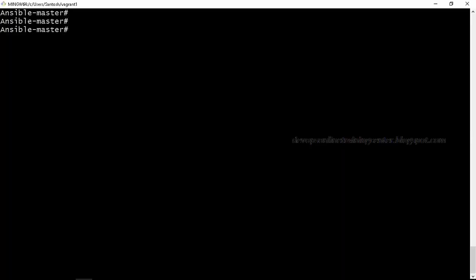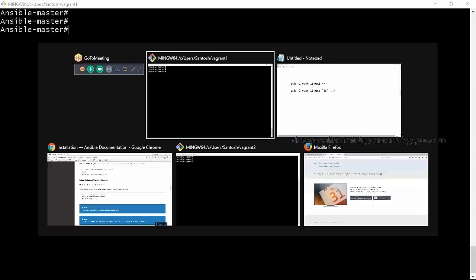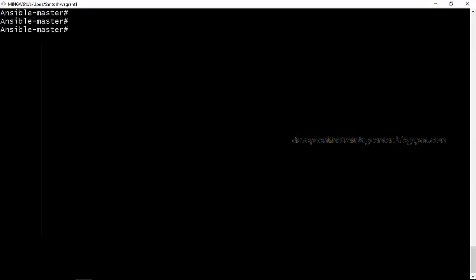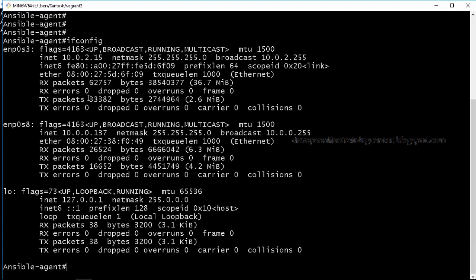So I have one machine, and this is the other machine. This one is master and this is agent. Now let us say I want to connect to agent using the IP address.